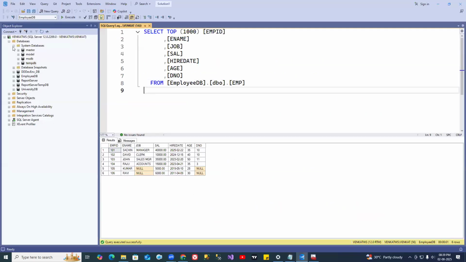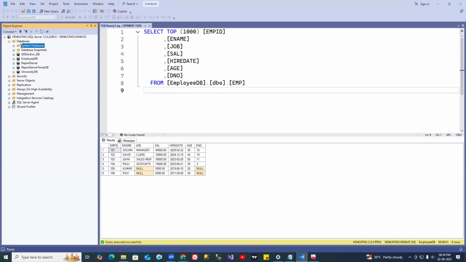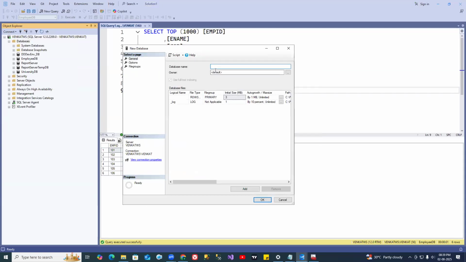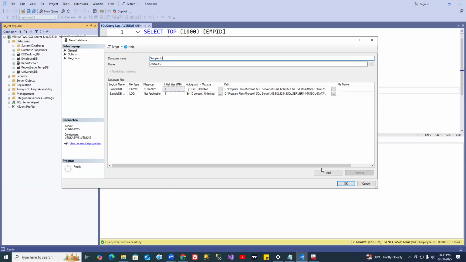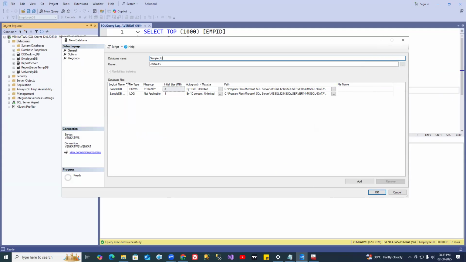Here, right click on databases. Okay, see, the new database option is there. Just click on that. Okay, here we will give our database name. Let me give sample DB. Now see, when I give the sample DB name here, at the bottom it is